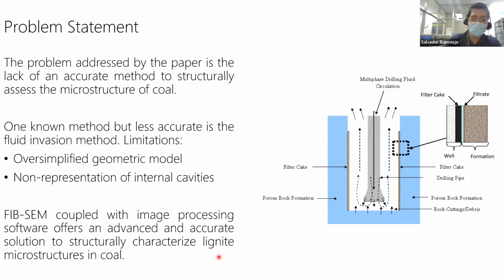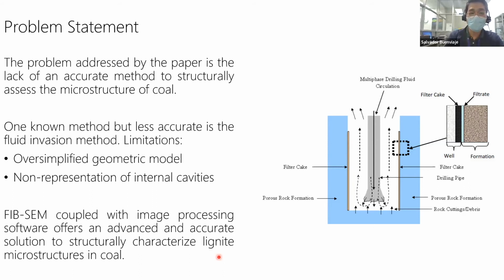It is because there is a lack in terms of structural investigation. As we all know, coal is usually handled in bulk. As I explored the available journals, there are very few studies dealing with understanding the microstructures of coal and their relationship with energy efficiency. So the gap being addressed by the paper is the lack of an accurate method to structurally assess